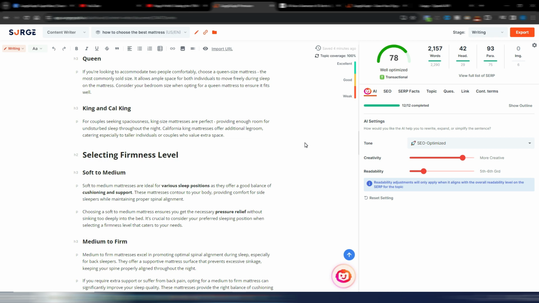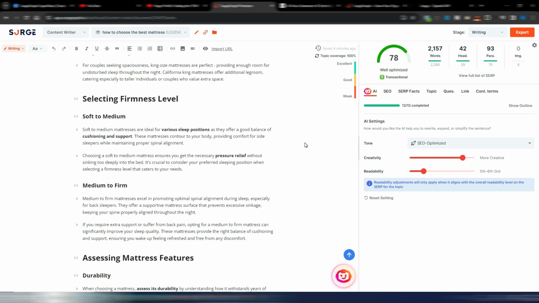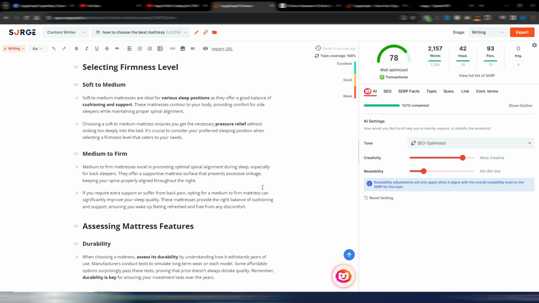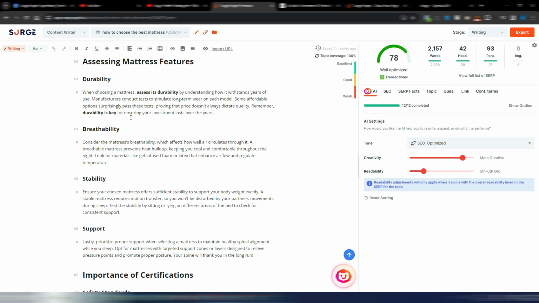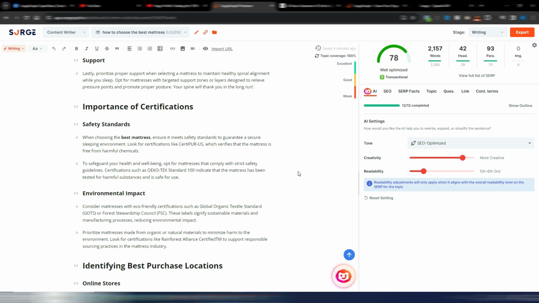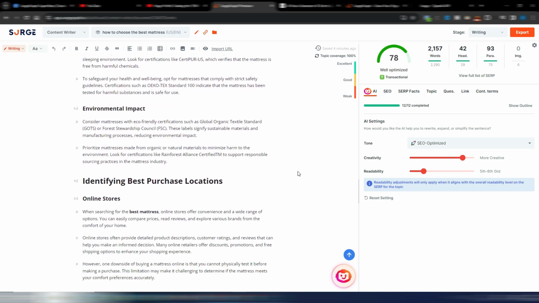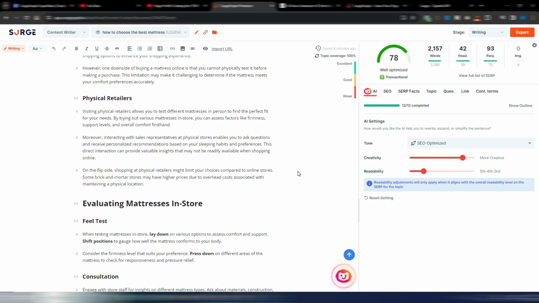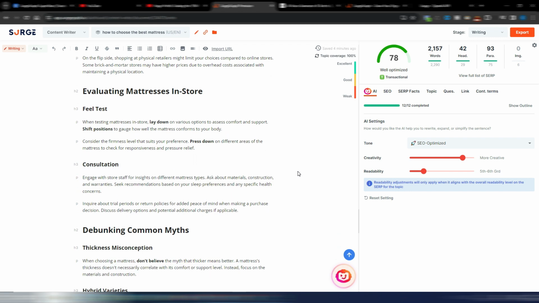I'm using GPT 3.5 Turbo, but the advantage you have in using your OpenAI API key is obviously you can also use GPT-4 if you want and have even better articles. Selecting firmness level, soft to medium, medium to firm, assessing mattress features, and again you have a list of H3s here, importance of certifications, safety, environmental, identifying best purchase locations, online stores, physical retailers, and again evaluating mattresses in store,